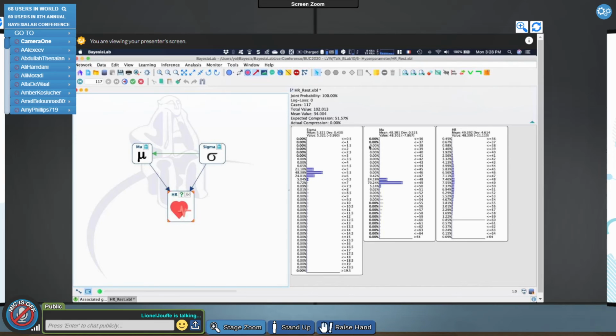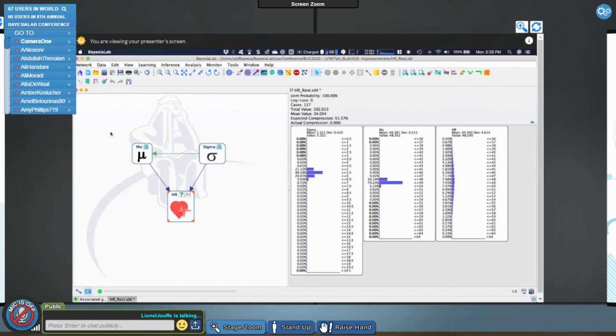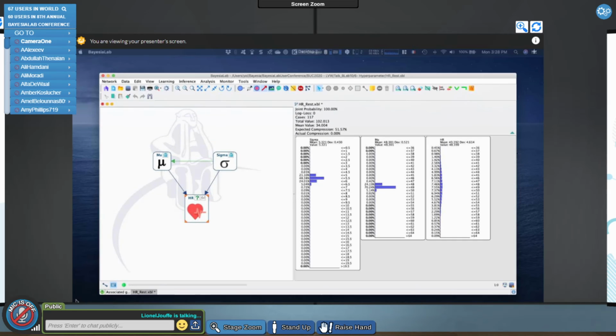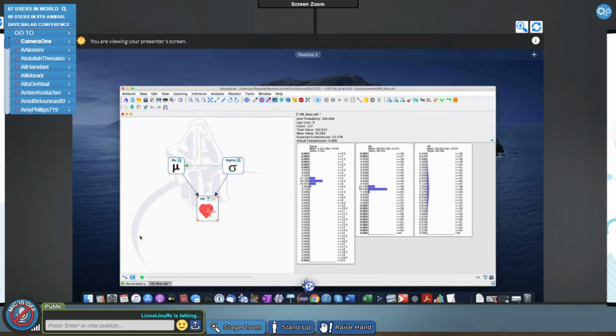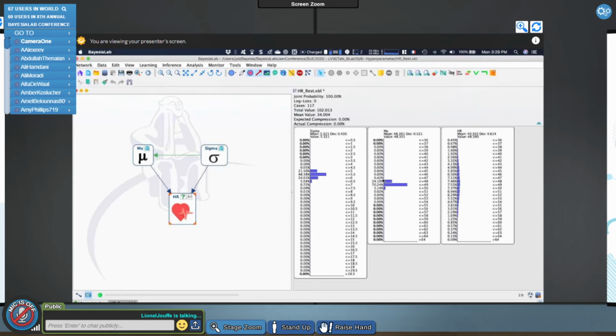So this is what I can learn. So I have to validate, right? If I validate, then I'm going to update this conditional probability distribution. If I go back to modeling here, I have now these probabilities that have been learned, if you want.